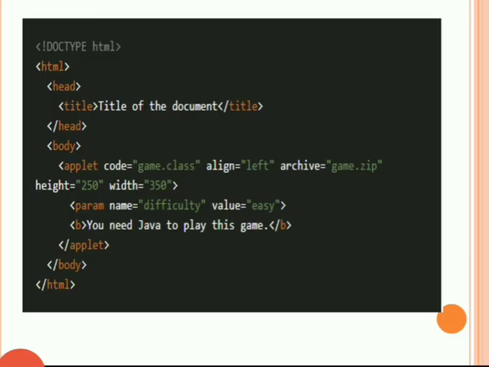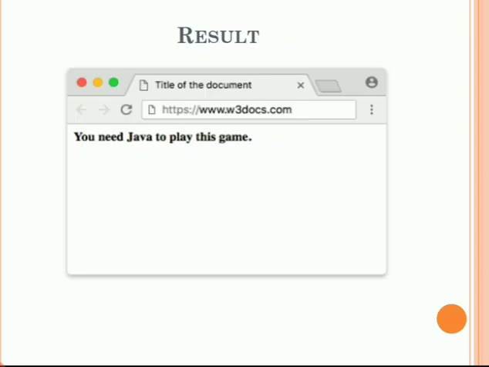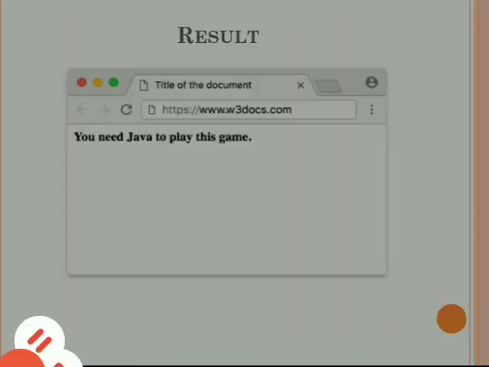One more example you can see here. After we run this program, the applet will be shown like this. This is nothing but an applet. As we have seen the two applets before, this is also the same. It is just for the purpose of understanding. This one is an applet.